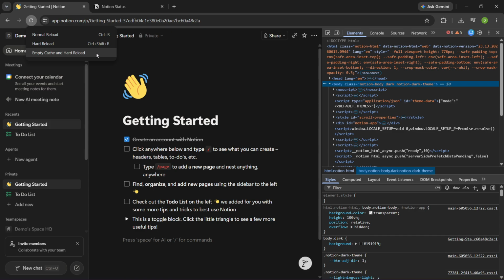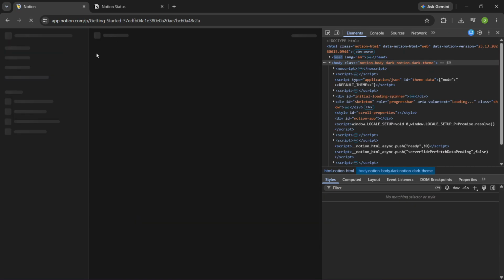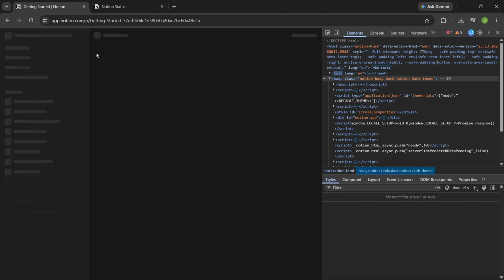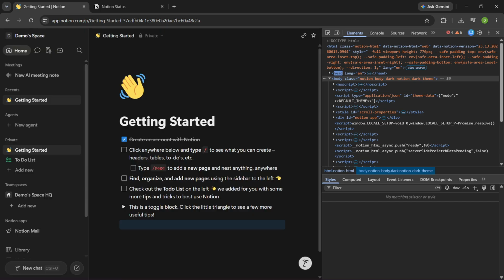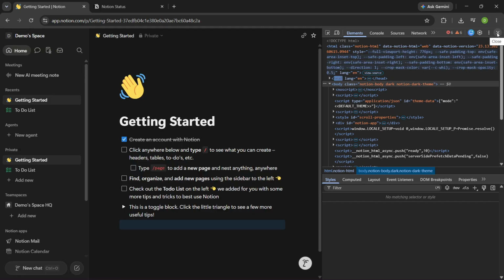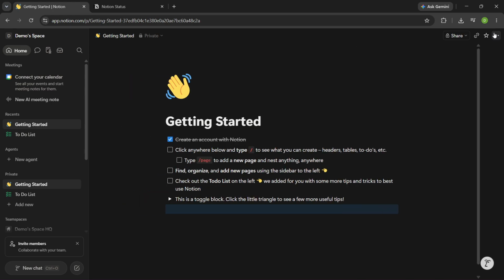From that menu, click Empty Cache and Hard Refresh. This forces the browser to throw away its stored copy of Notion and download a fresh version. Wait patiently for the Notion page to fully reload. Once it's finished loading, click the Close button in the top right corner of the Developer Tools panel to put it away. Now we'll move on to clearing the Notion cookies from your browser session, which can fix problems caused